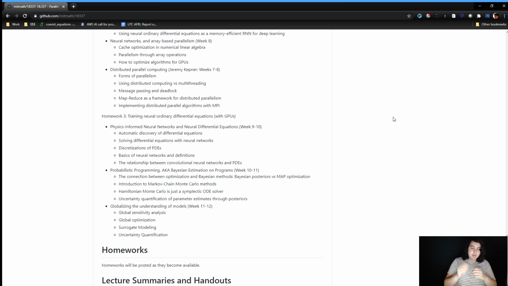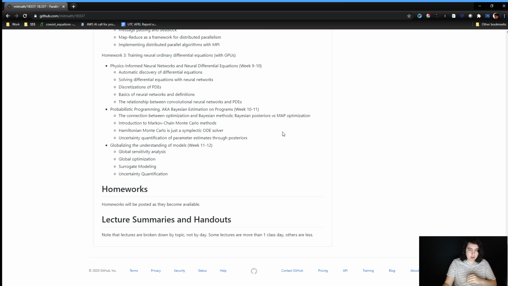But you'll have all the tools and all the knowledge that you need to use that in your own problems. So the homeworks will come out as they're available. The first homework will be coming out quite soon, by the end of the week. This is really what the homeworks are there to do: they're just there to make sure that you're following along. If you understand the topic,